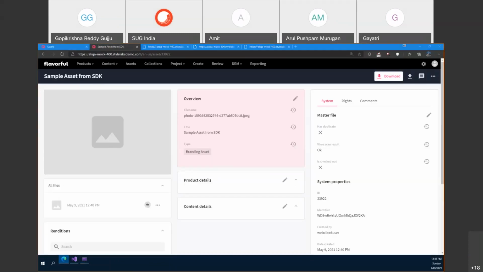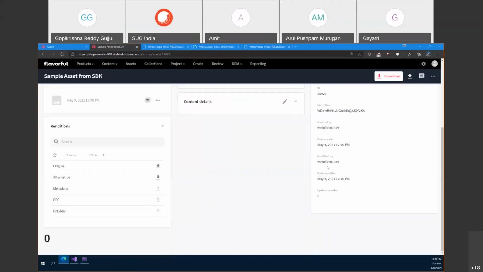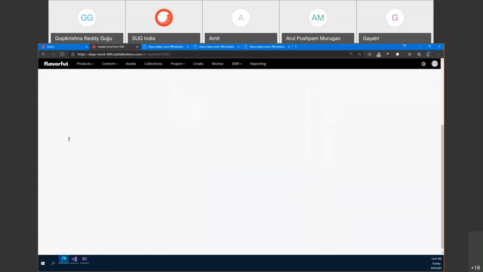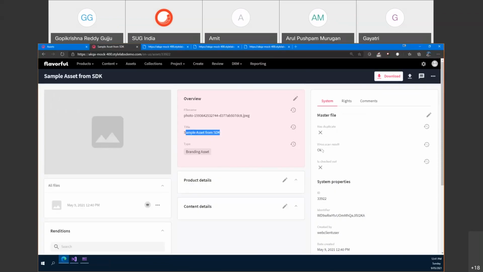So you notice here, this is what I was telling. First, it will create an empty asset. So empty asset got created, and it applied all these file name, sample, and asset type. Metadata information it already applied. It is processing now that image, the uploaded image. Once it is processed, you would get the image, all the renditions, as well as that file information, which you were seeing before, but for this it is not there.